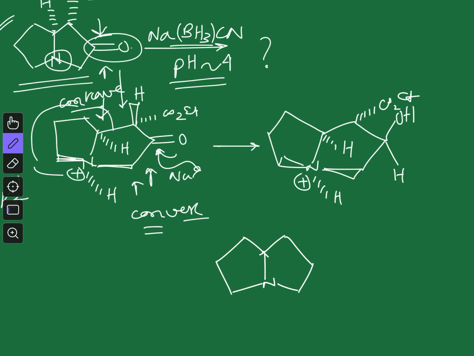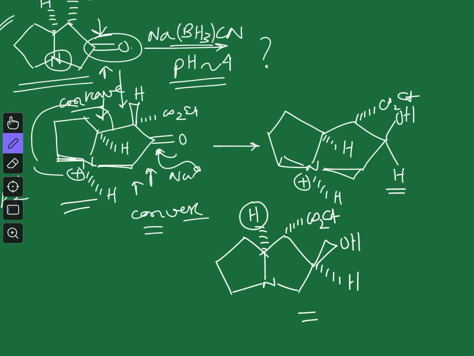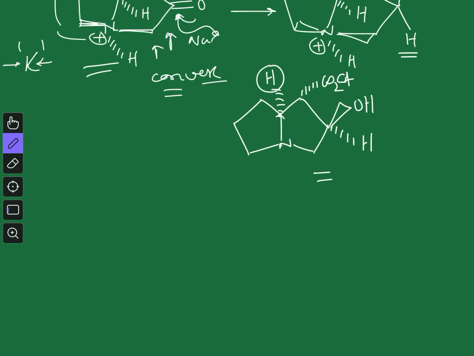Here we have this bicycle, and you have this hydrogen. On the bottom face you have this CO2 and you can see this hydrogen is also on the bottom face. So here you have this hydrogen and here you will have this OH group. So this is how the product will look like. So every time you don't need to draw this molecule in proper form, just look at the position of this hydrogen, that is the hydrogen at the ring junction, and your nucleophile will come from the same face where your hydrogen is. For example, let us consider the next example.